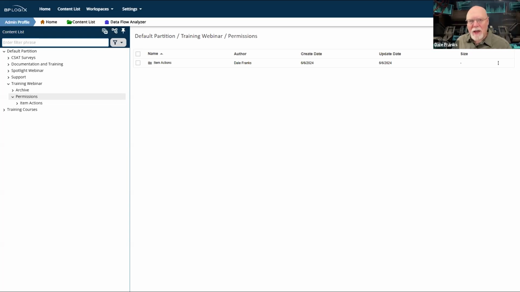This permissive access system is great for nearly all permissions use cases that you can come up with. However, there are some special circumstances. So Process Director also has a system called deny permissions.